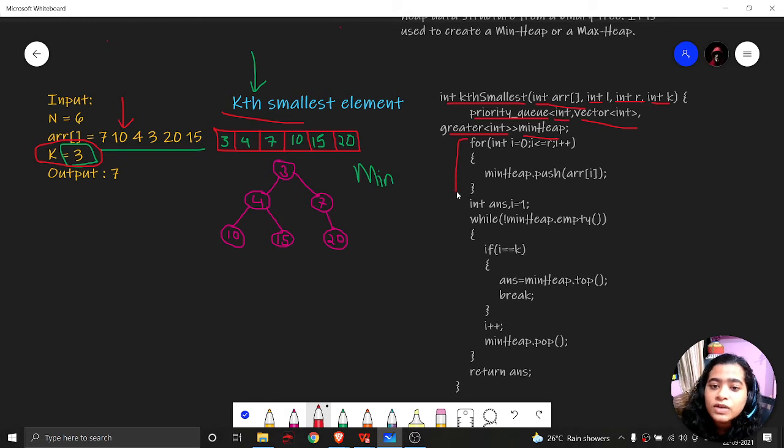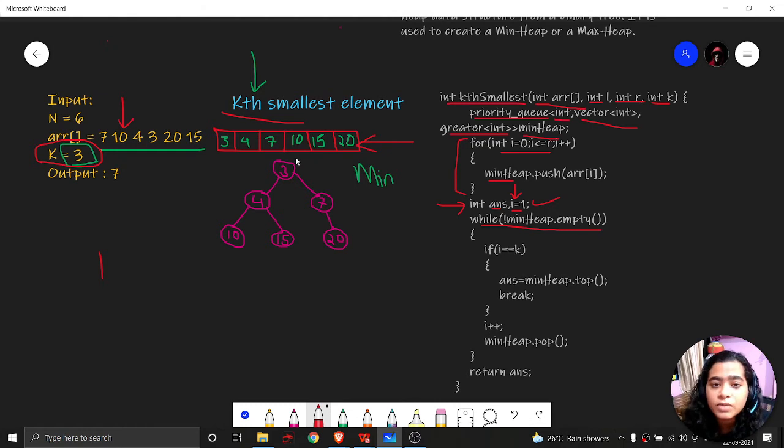As I told you, we are inserting the elements in the min heap till R, that is the last element. Then we are taking an answer variable and an I variable as 1. Then while the min heap is not empty. Yes, the min heap is not empty.